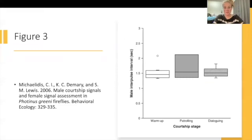The second figure in this paper was studying the average male interpulse interval during 3 courtship stages: the warm-up stage, the patrolling stage, and the dialoguing stage. This was used to determine if the IPI variation was due to these courtship stages or due to temperature, kind of a comparative study. In order to get this data, they observed 3 clear stages during the male IPI mating